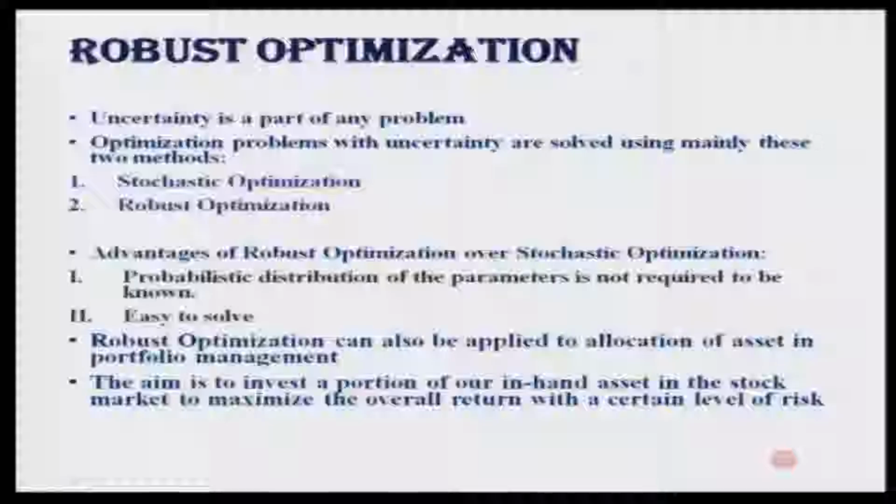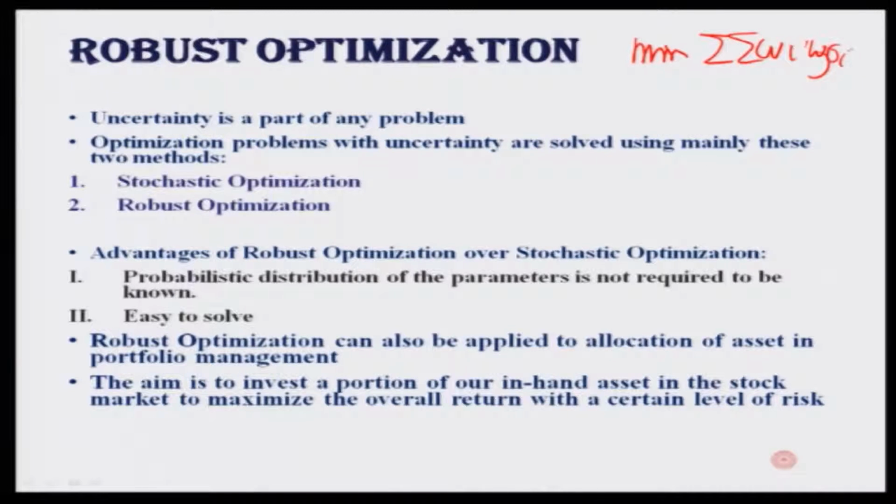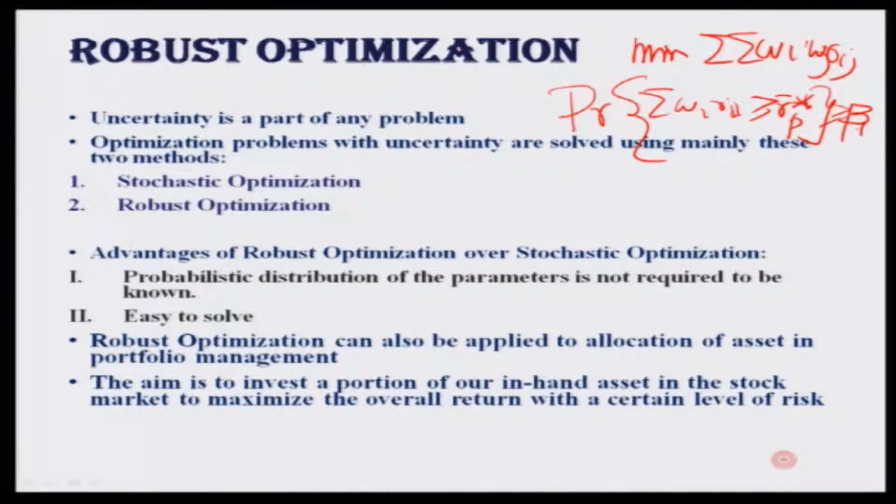Say for example, consider very simply, I want to minimize the risk, sigma ij, consider the returns are greater than or equal to some r star p value and other constraints are there, forget about that. Now, if you looked at it carefully, what we can do is that rather than having the return on the portfolio being greater than some r star p, we can just put a concept of probability that this value will be greater than r star p by some probability beta 1, which means that if we